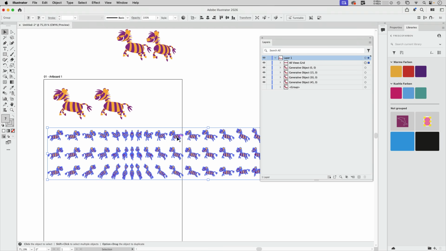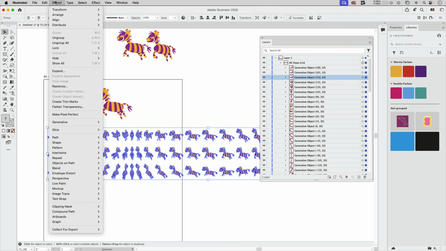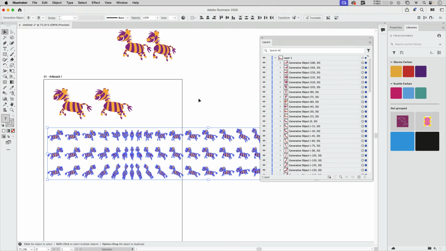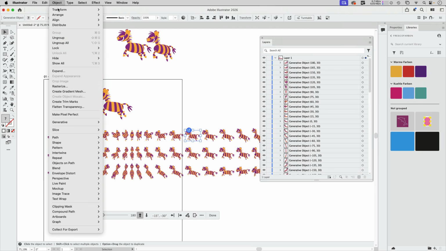But these are different. You see, when you select these, then you've got a giant bounding box. So this is the all views grid, all of them generative objects. And to use these in your drawing, to just move them around and arrange them, you have to first ungroup them. Just like that. And then they are all groups, and they are all still live objects. So if you hit the Turntable button, you just get that bar. If you go further and ungroup this as well,